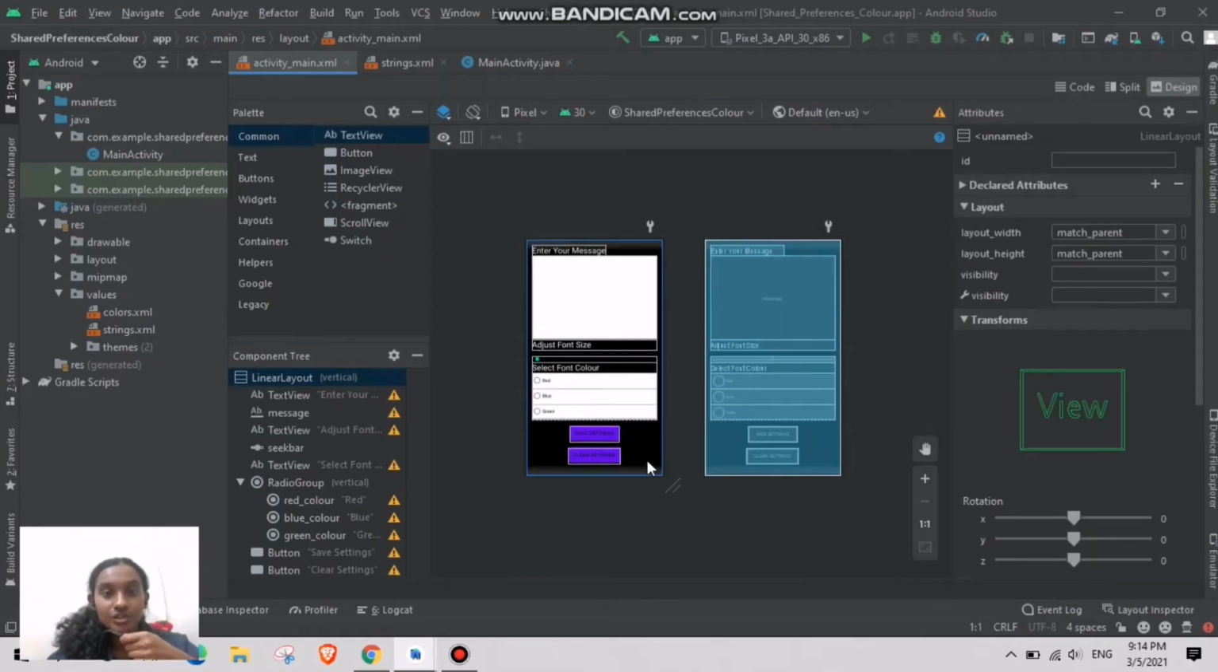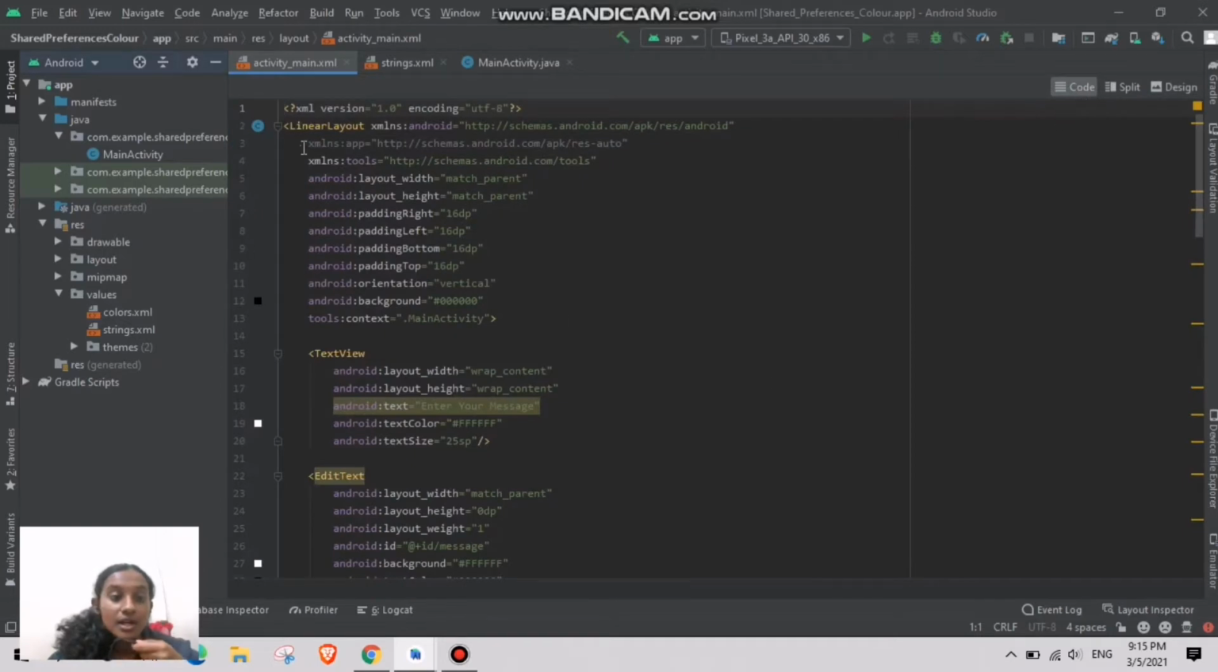Okay, for shared preferences color, we'll start with the design interface. So we have one text view, one edit text, another text view, one seek bar, one text view, and then three radio buttons grouped in a radio group, and also two other buttons. So in the code, we're using linear layout, and we change the orientation to vertical, and the background is all